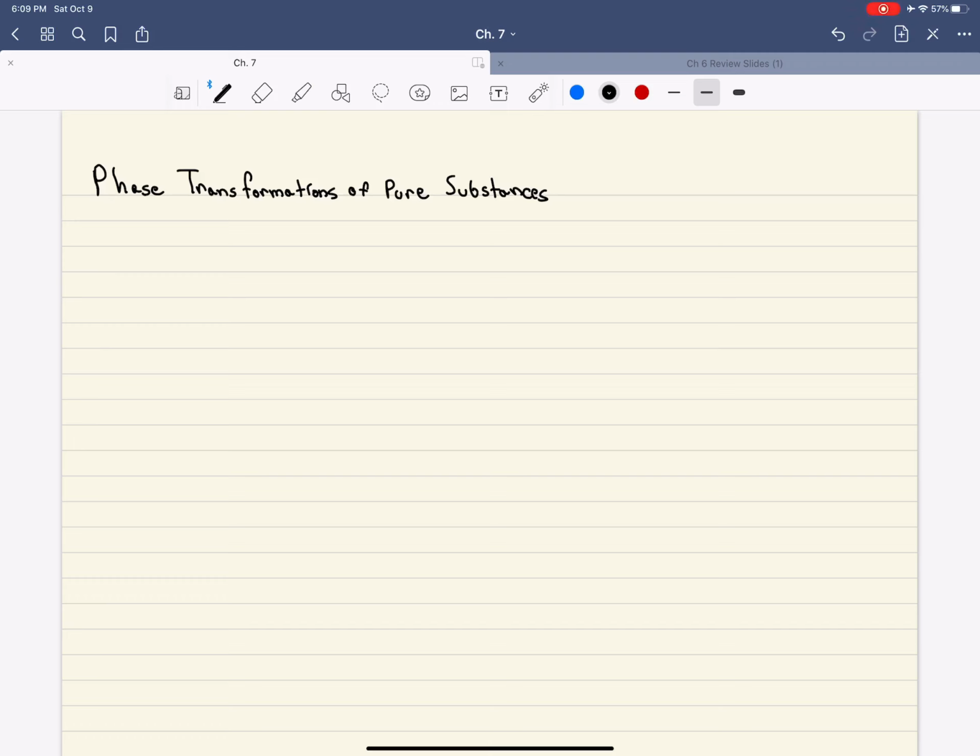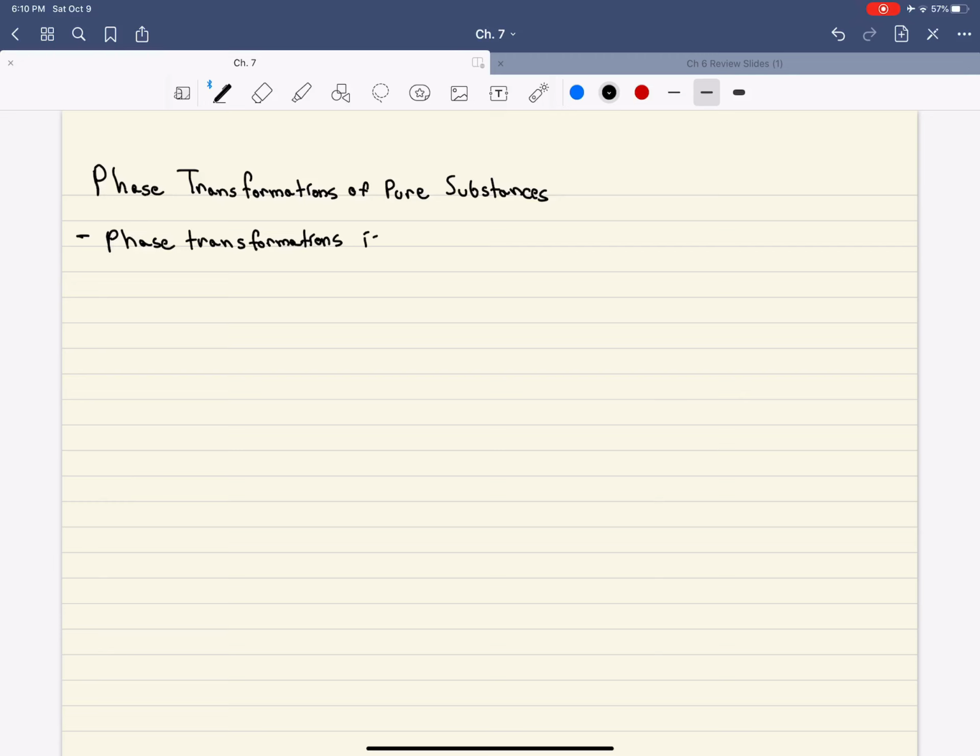Now that we've defined our equilibrium criteria and talked about stability, we're now going to use our knowledge about equilibrium in order to help us to understand phase transformations of pure substances. So for the cases where we just have only a single chemical species. Okay? And so, to be precise, when we talk about phase transformations or phase transition,